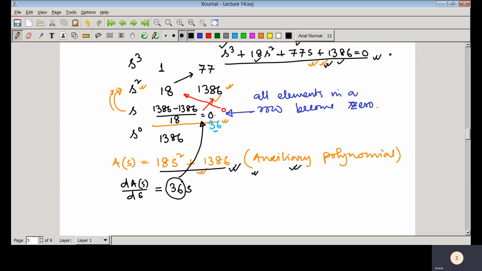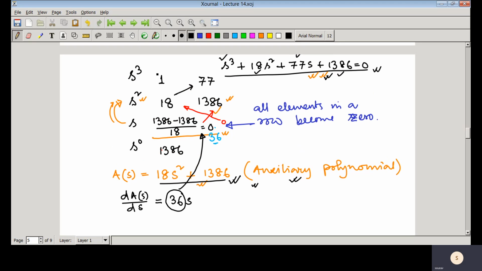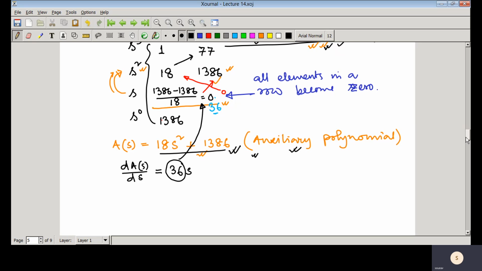And here we can see that in the first column, there is no change of sign. So no change of sign means we conclude that there is no pole on the right half of the S-plane. But here the scenario is a little bit different, because in this case, this is actually one exceptional case. So in this case, we need to understand